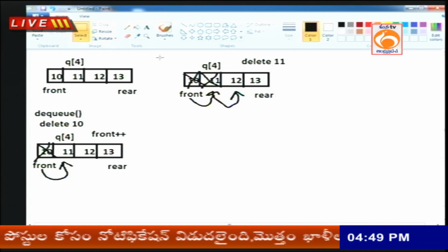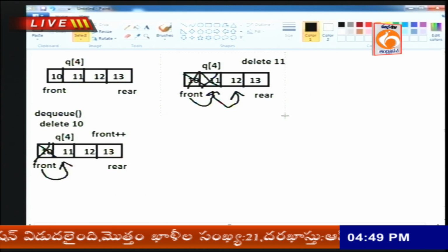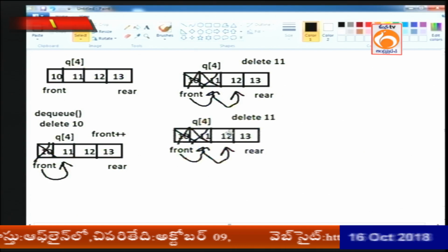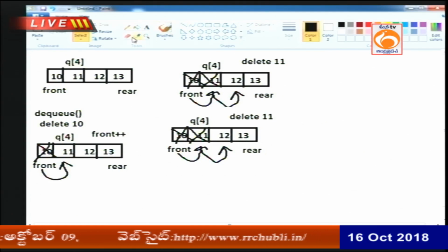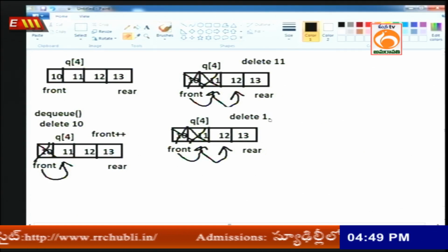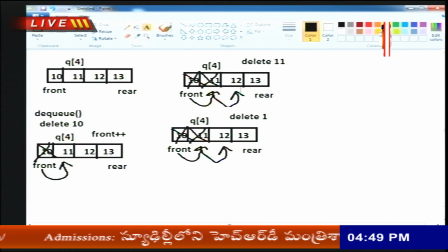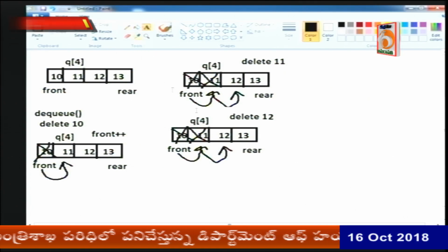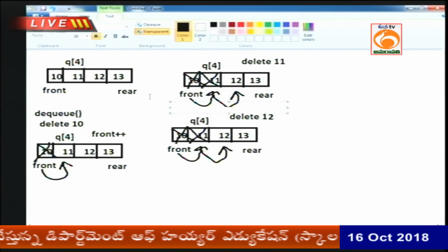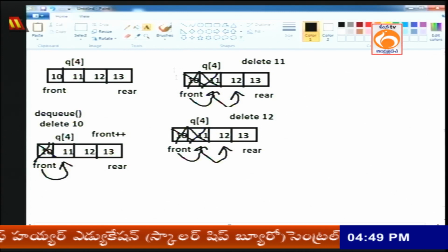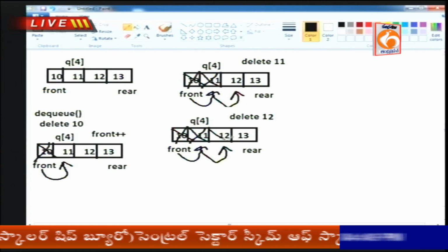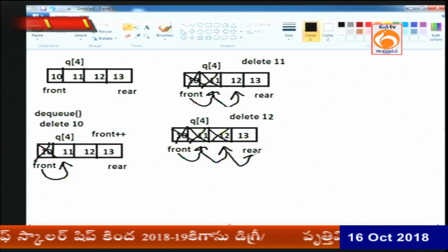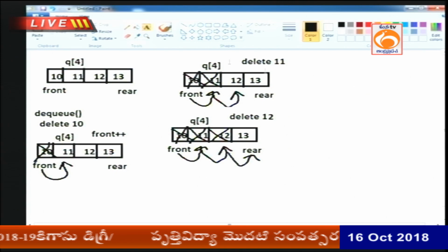Next I want to delete the next element, the 12 element. Previously I inserted 11, but here I want to delete 12. When I delete 12, I want to delete this position. 12 is deleted. Whenever 12 is deleted, front is moving. Every time front only increments, front